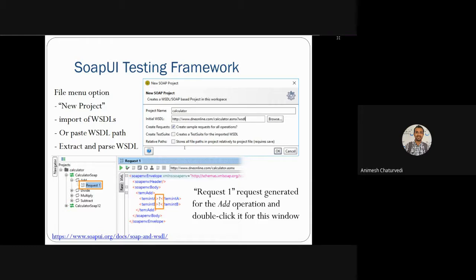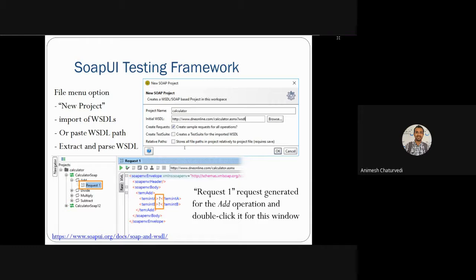Then it will parse the whole WSDL and find out what the operations are, what the inputs are, what the outputs are, and SOAP UI will extract the input and output based upon this type of parsing. So the example is for the calculator web service.